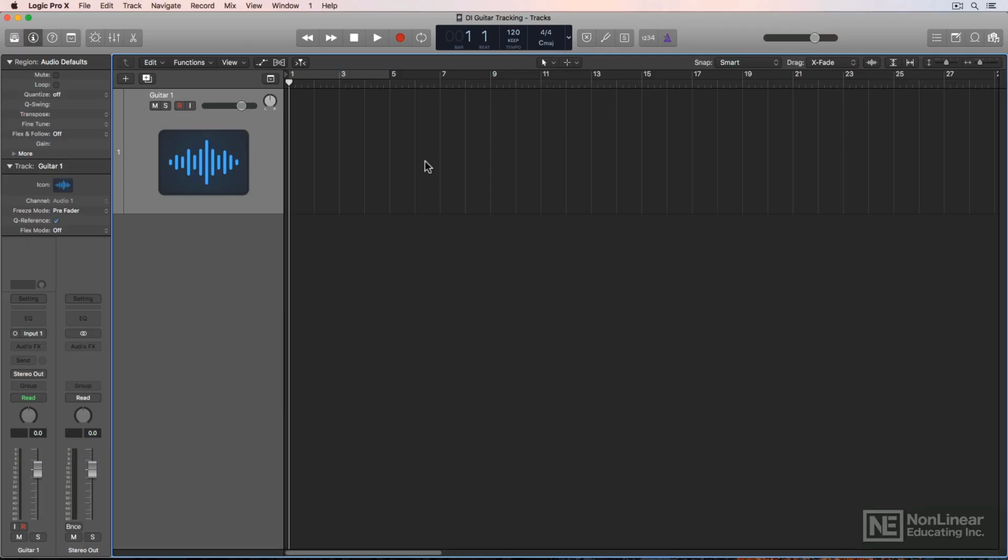In this tutorial, I'll show you how to track DI guitar into Logic using Amp Designer as a starting amp tone. I'll also show you how to record multiple takes and store them in a take folder for comping and editing later. So I have my guitar plugged into input 3 on my audio interface,